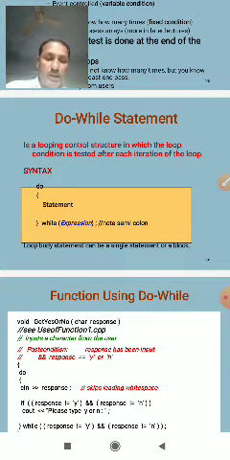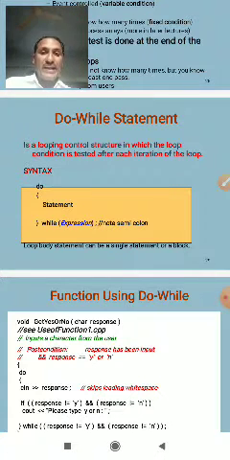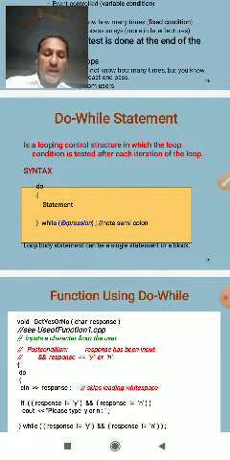After the execution of the body of the program, the test condition is evaluated again, and if it is true, the body of the program is executed again. This process of repeatedly executing the body continues.